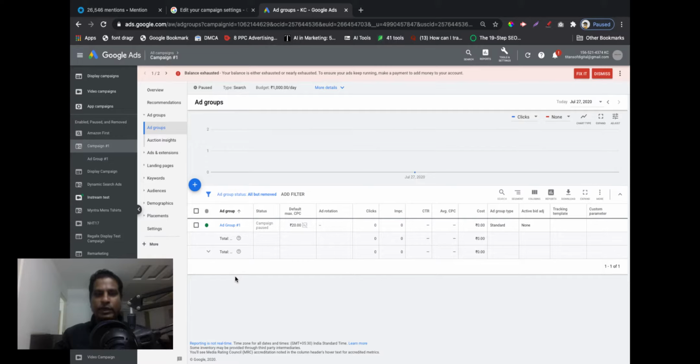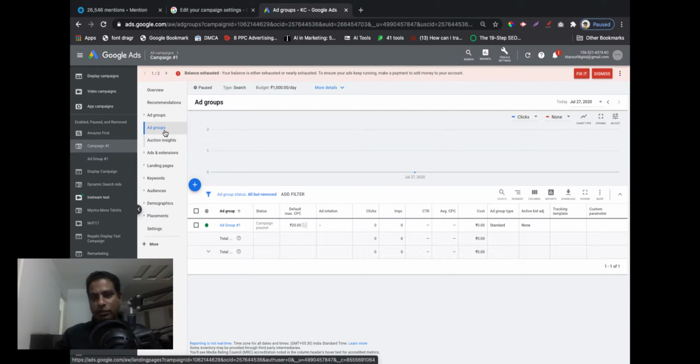So now we will only cover some of the campaign settings. Now, when I clicked on the campaign name, I landed into ad groups. So these are the ad groups in that particular campaign, which is campaign name 1. Right? So at any point in time, if you want to go to all campaigns, please feel free to click on this link and switch to that screen, or you can look at campaign number 1. Now, all these things, when you select, will show whatever is present in campaign number 1.